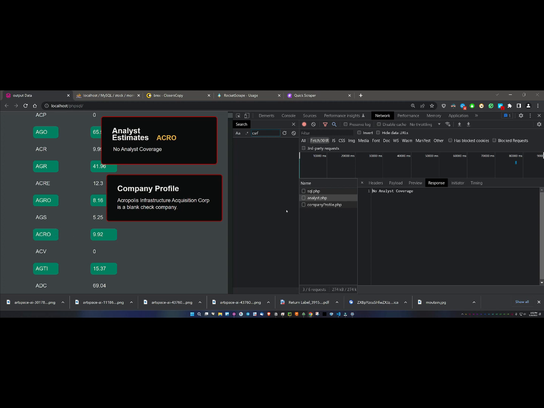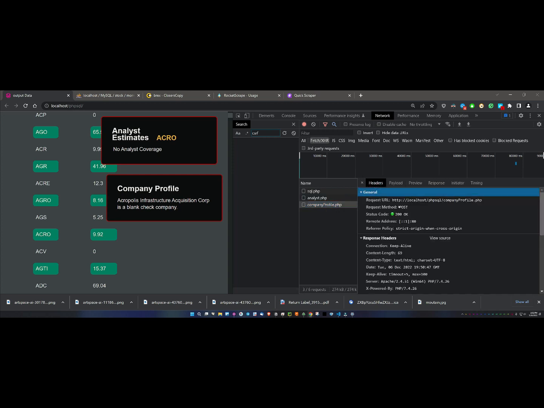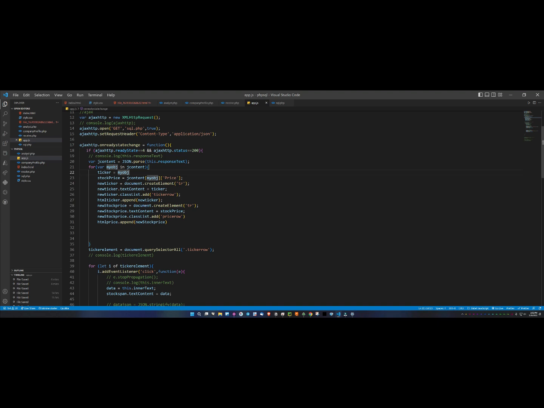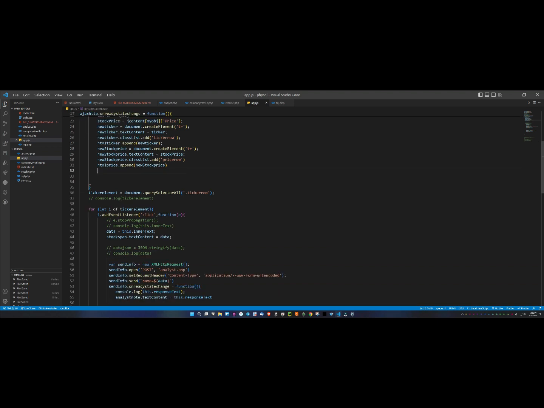And when you click on this, I also send another POST request to the company profile. So this is another POST request that I make, and what I'm sending is the same, the name of the ticker that I've clicked on, and then the response that I get from company profile is the profile of that company. So the way I did that through JavaScript is first